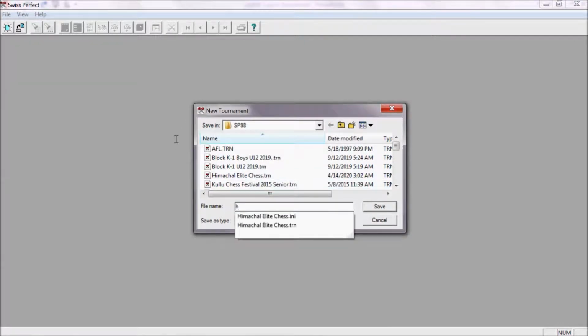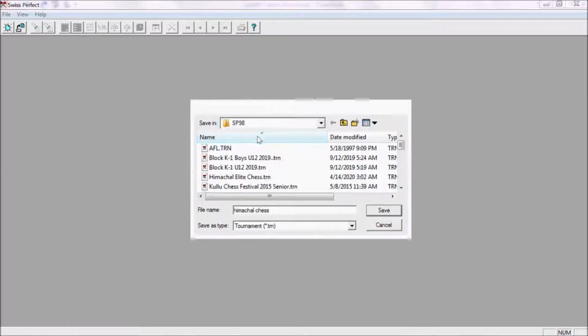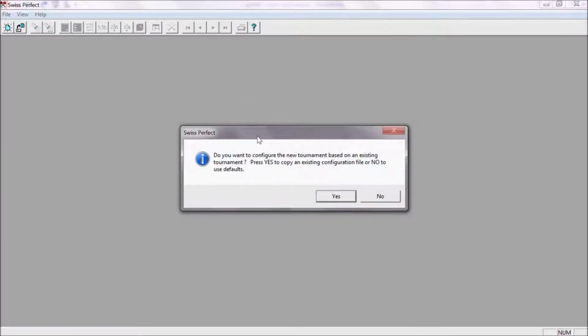For example, I am giving the name as Himachal Chess, and then press save. Now this window will appear.